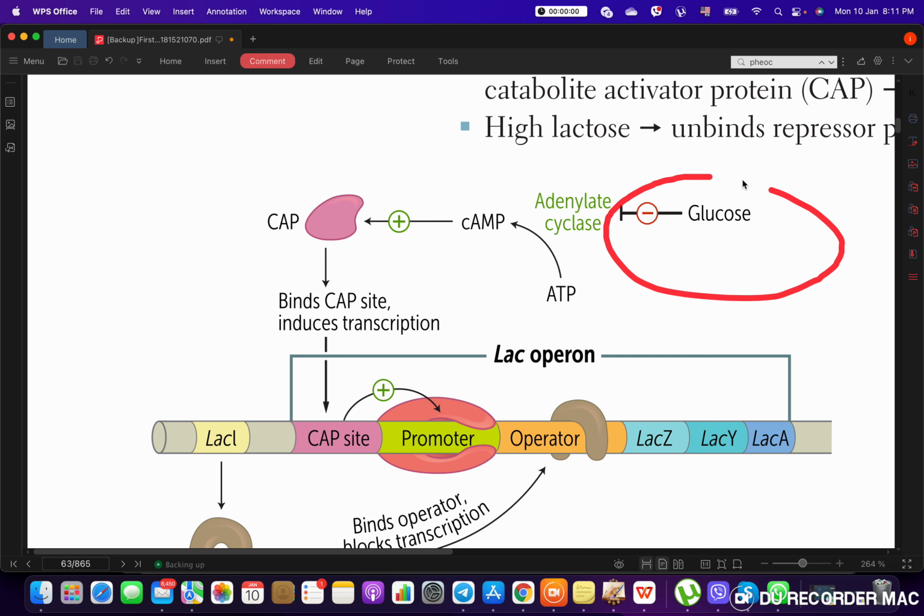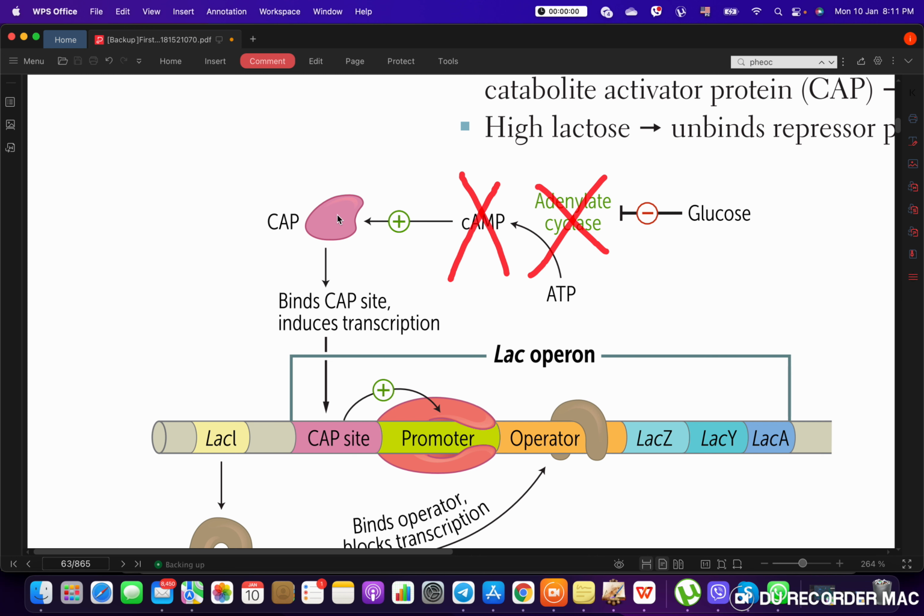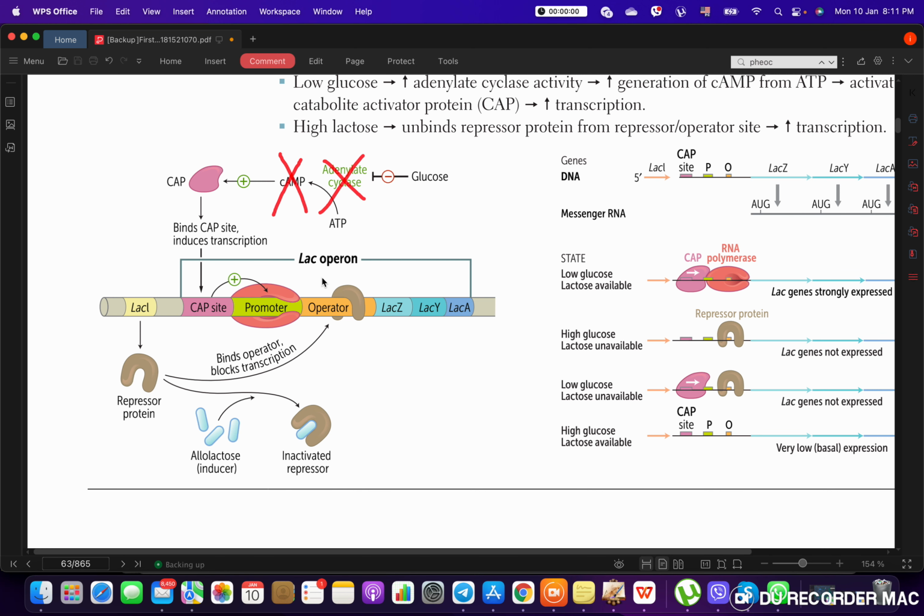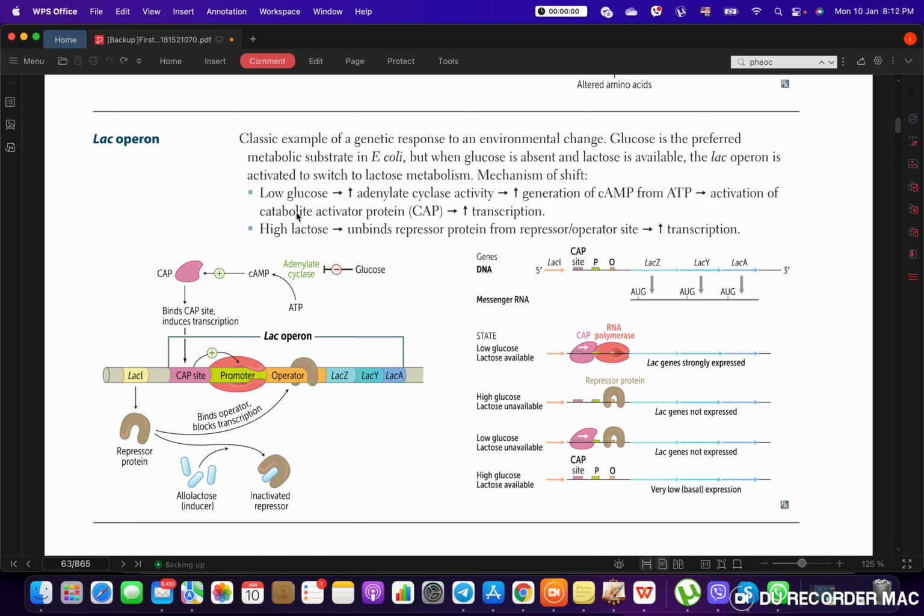No, not needed. So you can see the glucose is inhibiting the adenylate cyclase. So will I have cyclic AMP? No, I will not. If I don't have cyclic AMP, can I have activation of the lac operon? Nope, absolutely not. Okay, good. So the first step is that the glucose inhibits the lac operon, because the lac operon is for the usage of lactose